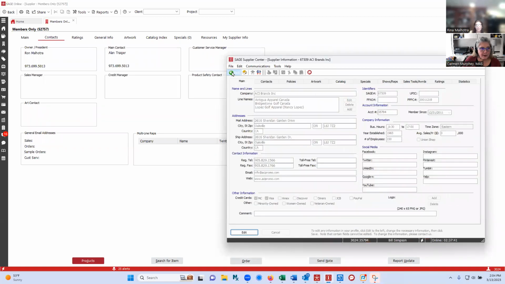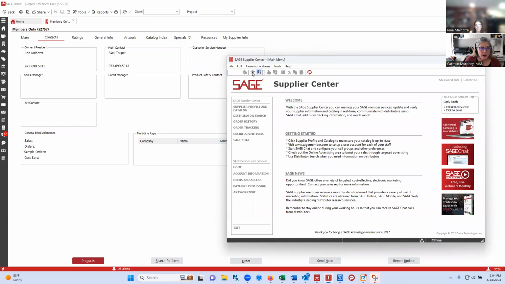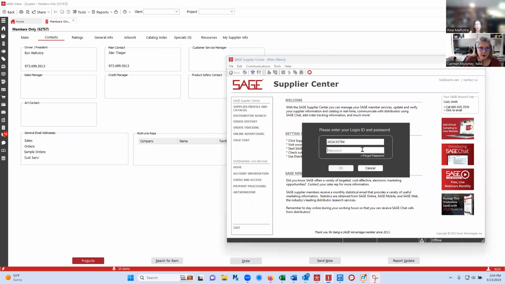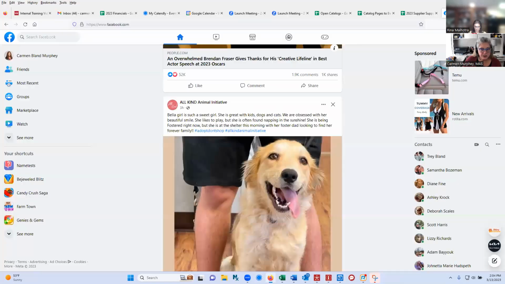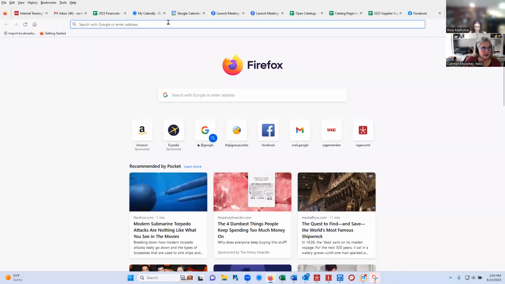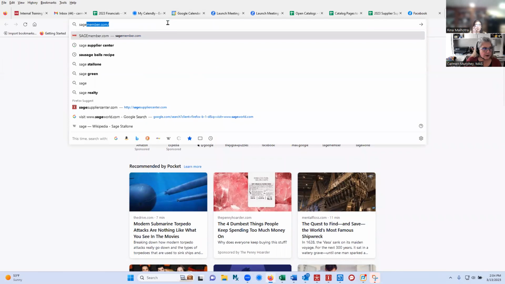Yeah, and I'm gonna open up the Supplier Center too. So how do we get to the Sage Online and how do we get to the Sage Supplier Center? Are there two separate things altogether? They are two separate. You don't have access to Sage Online. That's for distributors only. Okay. The Sage Supplier Center, we're actually switching over to a web version, which we just launched last week. So you would go to